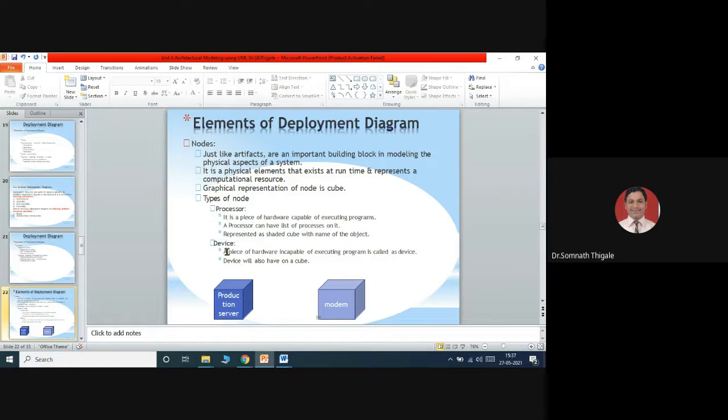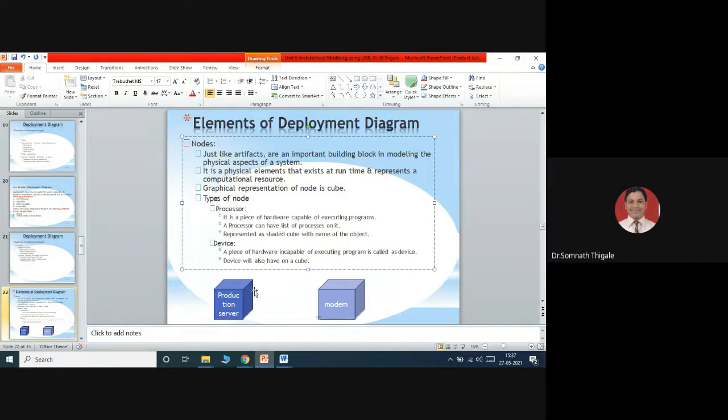Second is a device. A piece of hardware incapable of executing programs is called a device. So a device is also drawn as a cube. So understand the process: there are two types of node, one is a processor, second is a device. The simple difference: processors are able to perform some operations on their side, so we call it a processor. Devices can only take the data and give the data back.